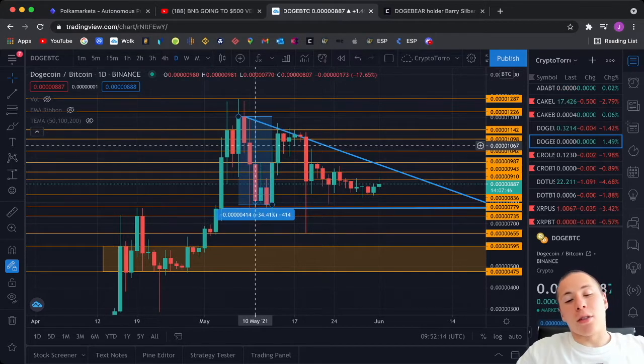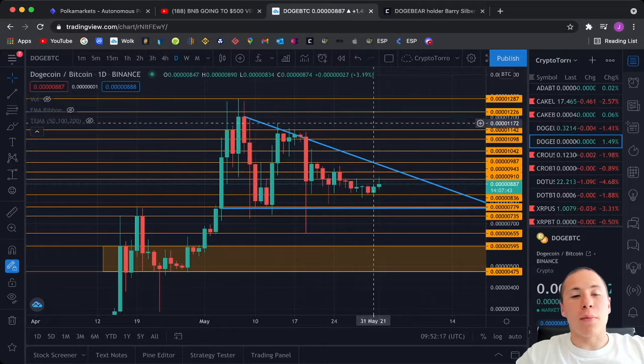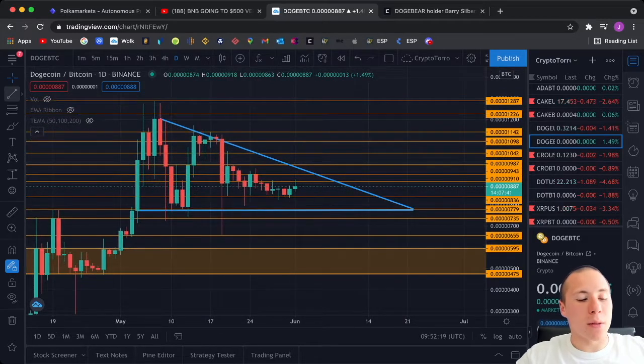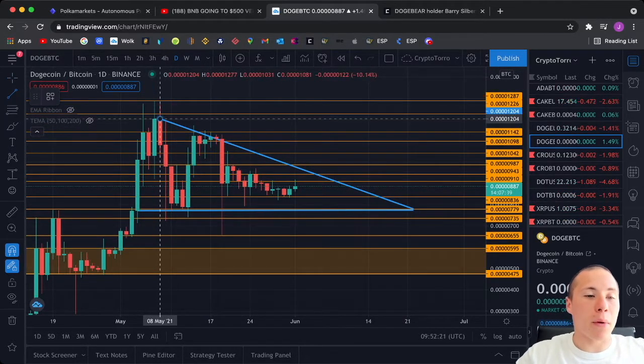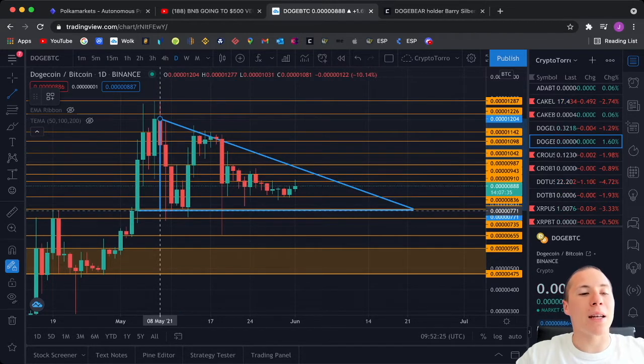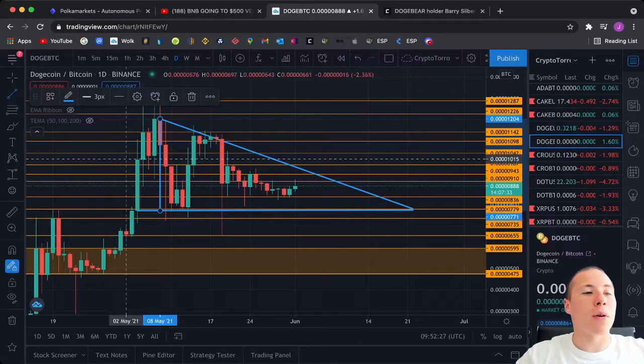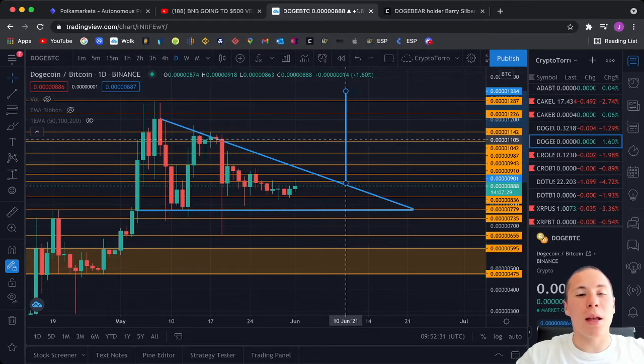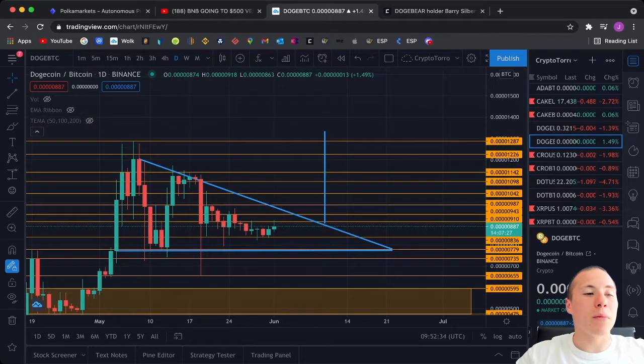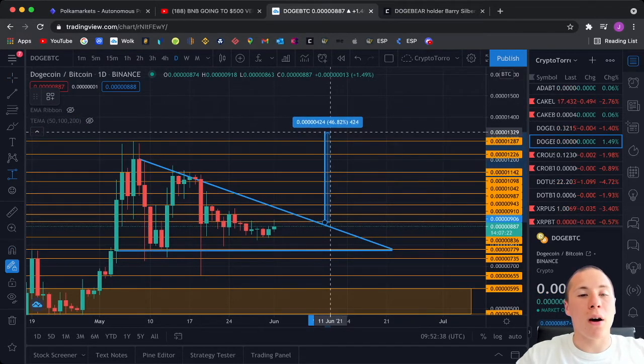That is something I just wanted to show you quite shortly before heading further and measuring this possible breakout towards either the up or towards the downside. So if I measure it from the beginning of the descending resistance towards the horizontal support, and I place this measurement like this, for example, we could be seeing a possible move towards the upside getting created on the Dogecoin chart compared to Bitcoin of approximately